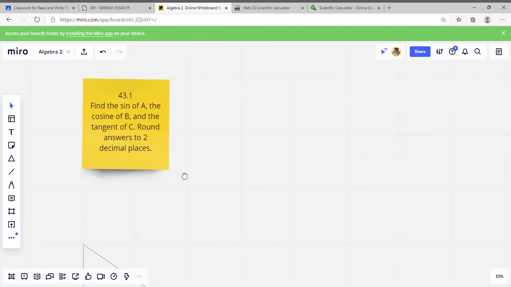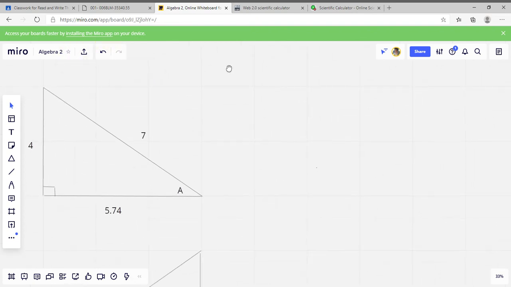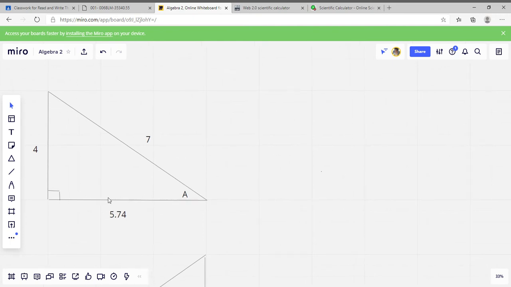So 43.1 says find the sine of A, the cosine of B, and the tangent of C. Round answers to 2 decimal places. All right, so we need to find the sine of A. So here's angle A. Here's our angle right there. And if we remember SOHCAHTOA,